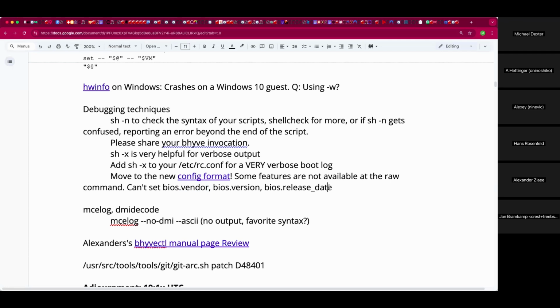Go ahead, Jan. You can add the following to your bhyve invocation just before the name at the end. So something like this. And then instead of starting the guest, it will dump the current configuration. And then you have your equivalent configuration.